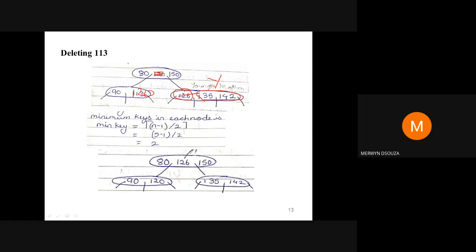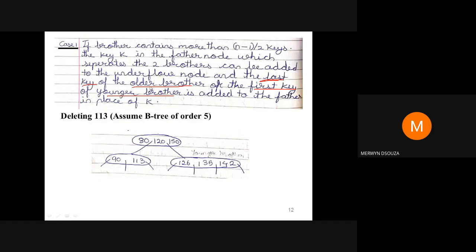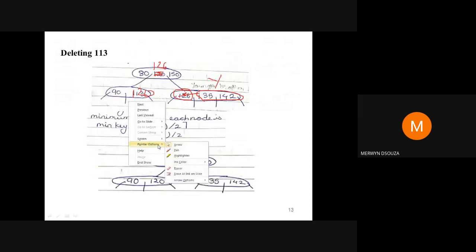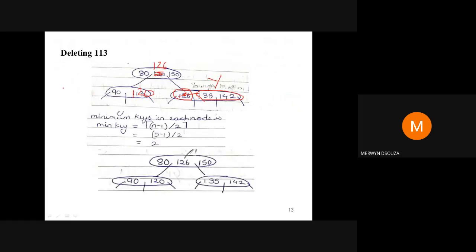This first value I copy here because it's the younger brother. But if I was doing the same thing with the older brother, then like it has been told here, I would have taken the last key. Say, just for example, I'm writing some values here, say there were 60, 71 and 72, and I needed to take this key, then the 72 would have gone. The last key, if it is the older brother.